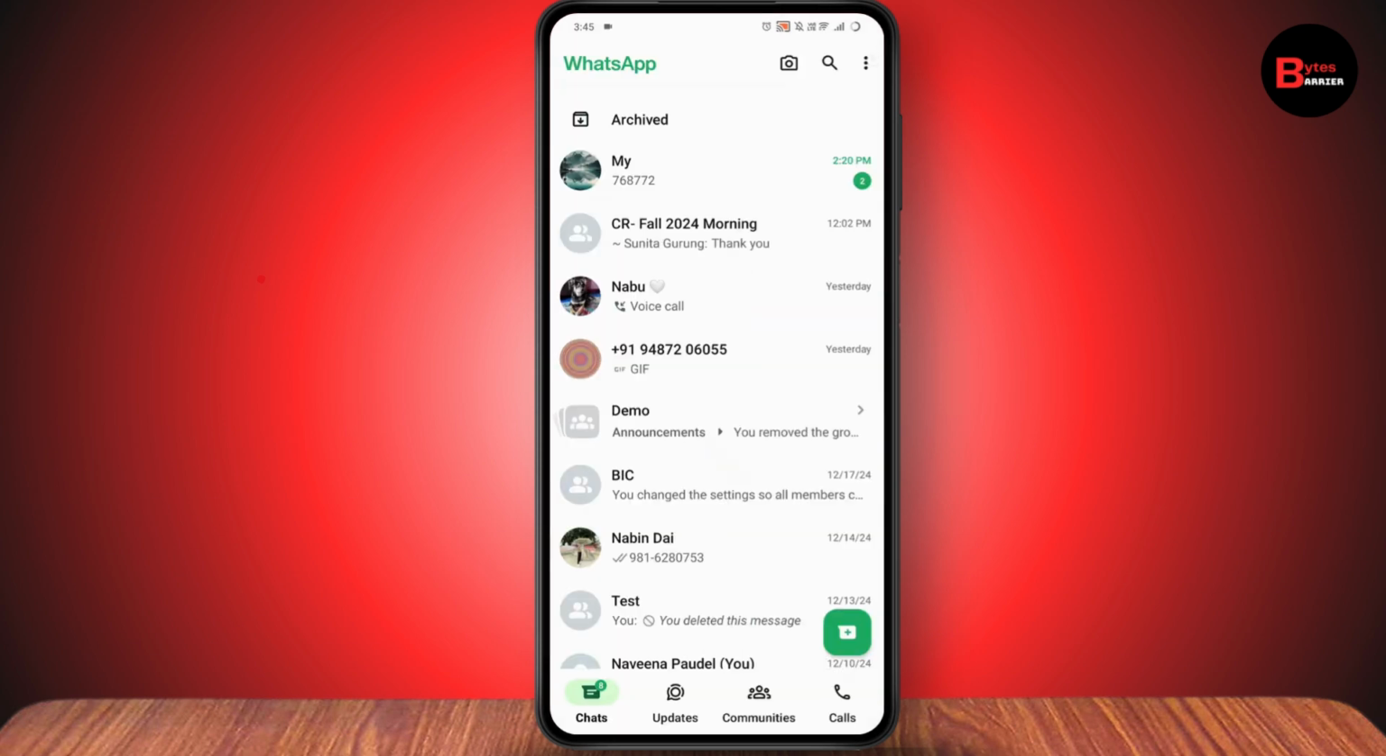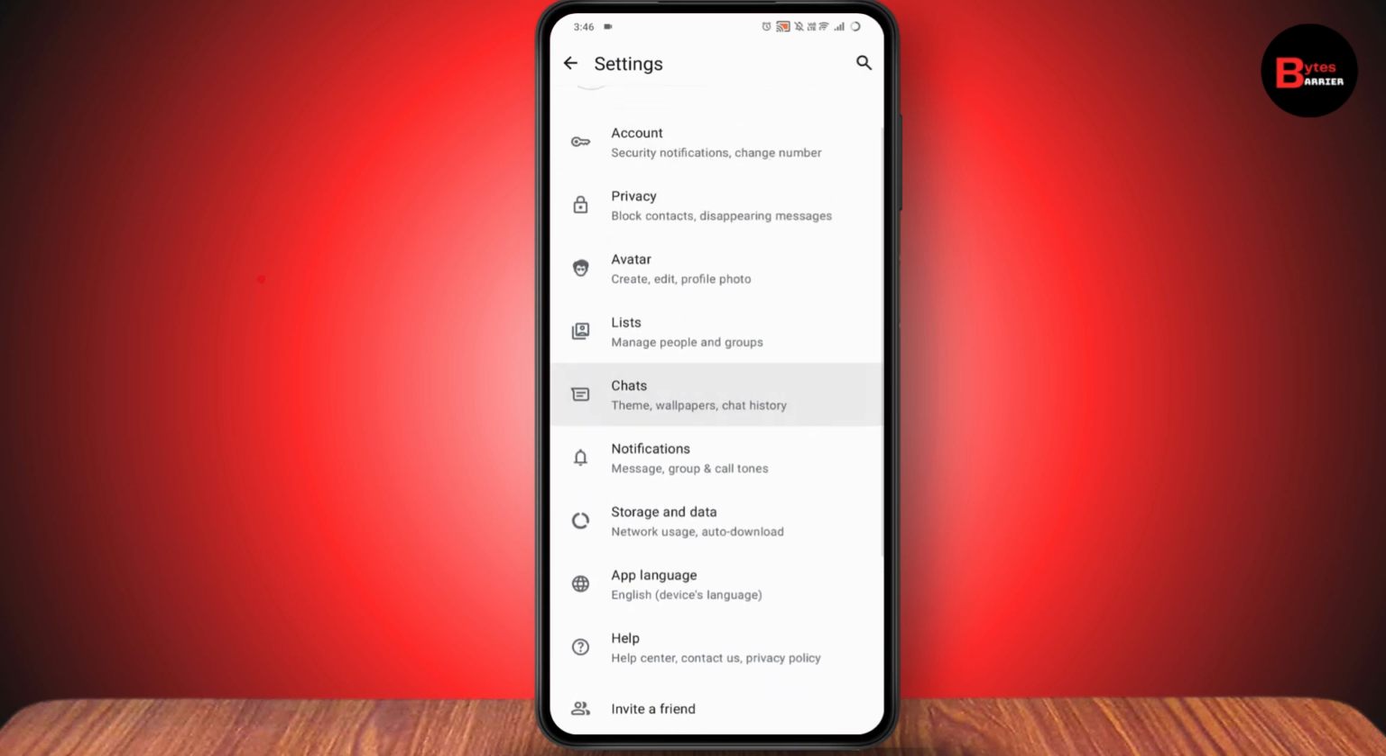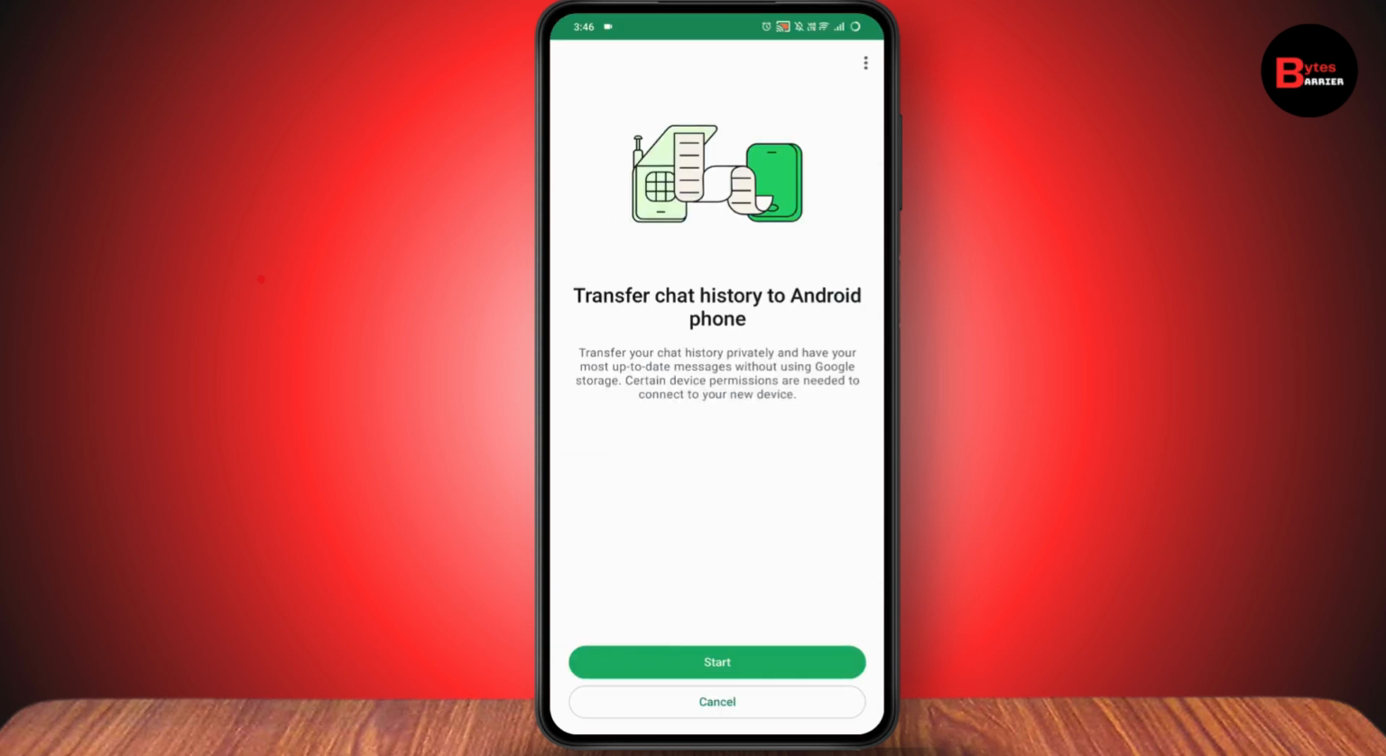Go to the top right, which has that three dots icon, and tap on settings. Now under settings, you need to scroll down and go with the chats option. Under chats, you need to scroll down and then tap on transfer chats, which is at the bottom of your screen. Once you tap on transfer chats, here it says transfer your chat history privately and have your most